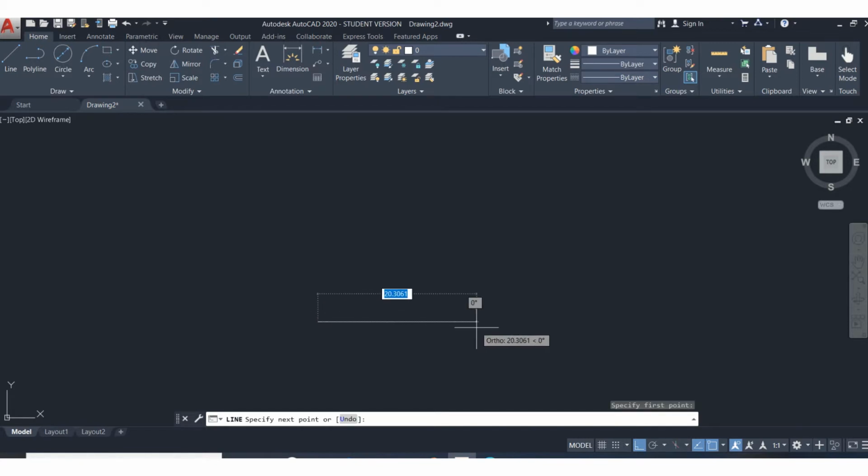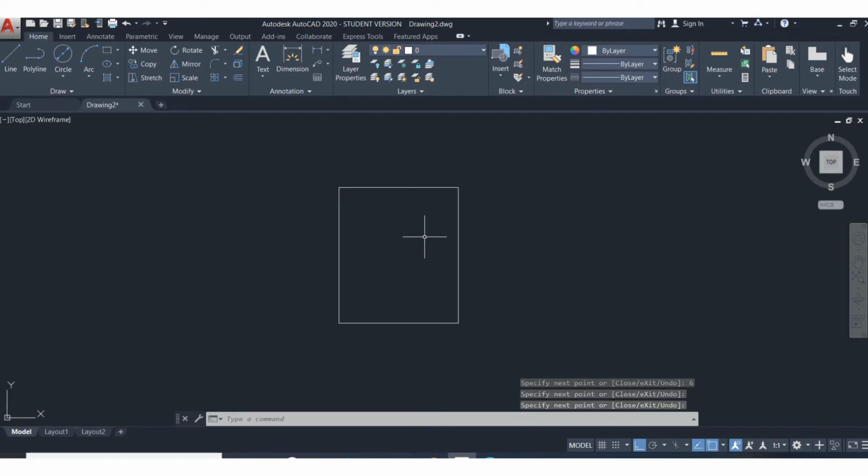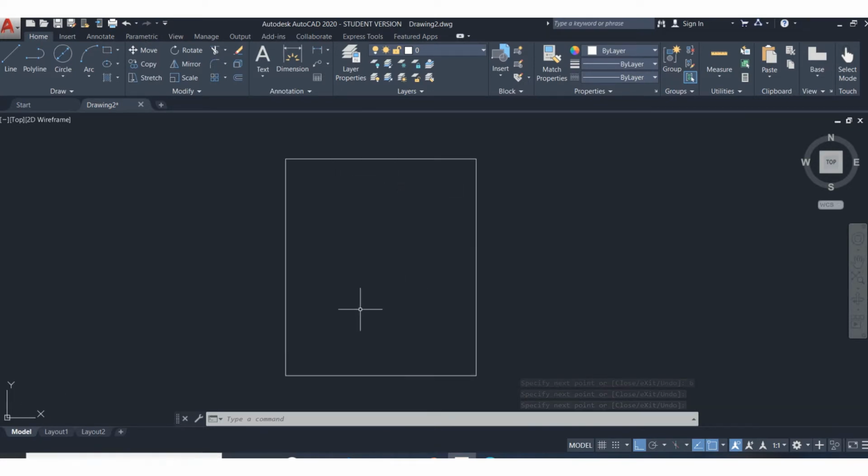Let's start. Let me create a rectangle here. So what I want to do is put some other rectangles inside of here. I don't want them to be exact size. I don't want them to be located correctly. So I could just